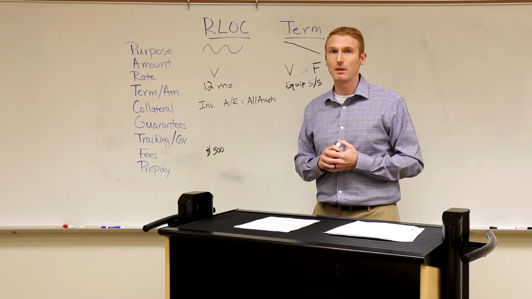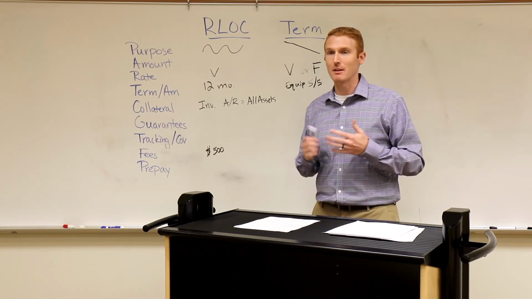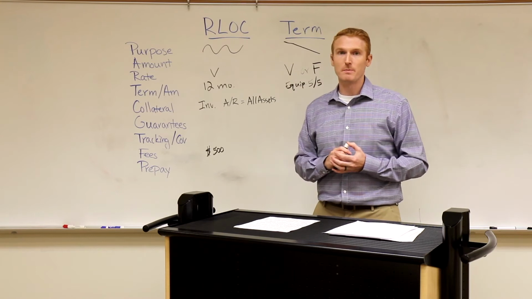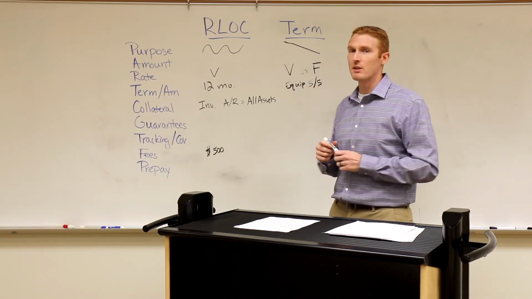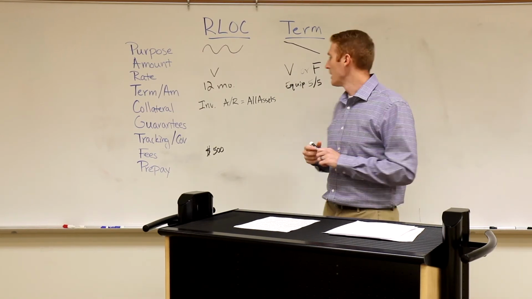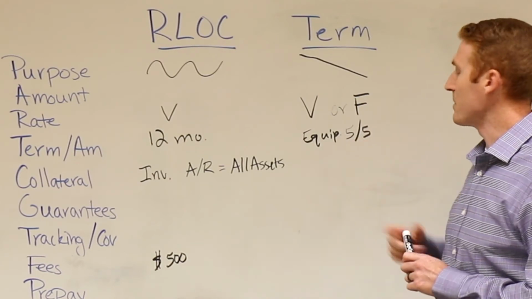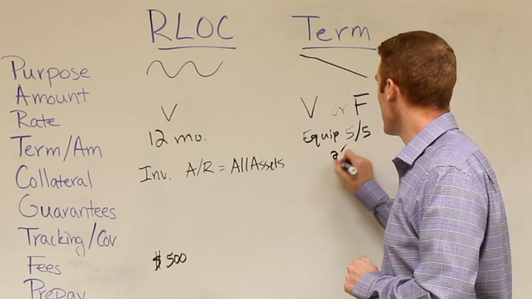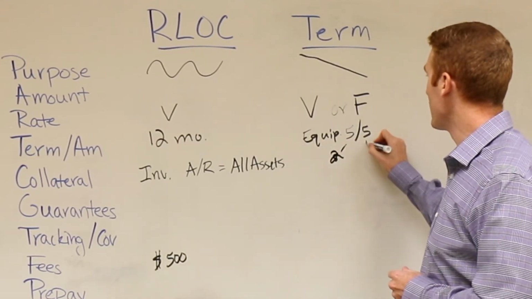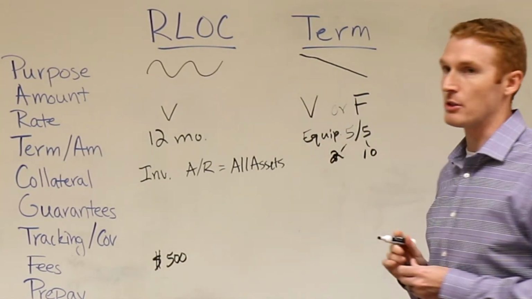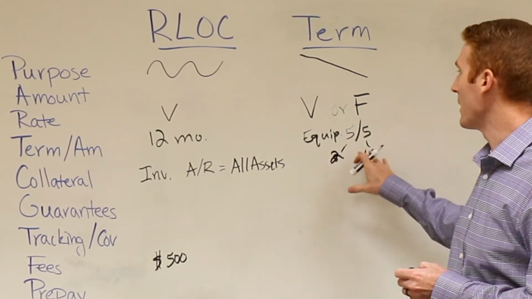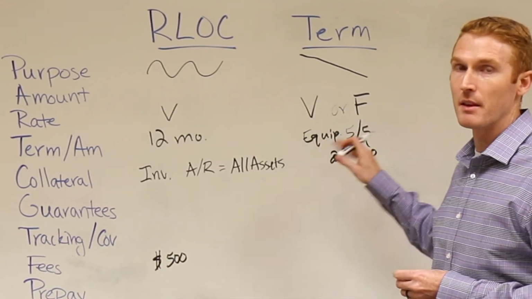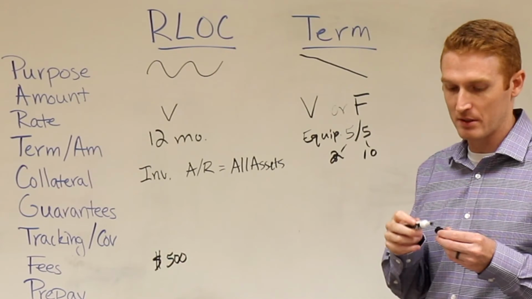However, we might still be able to use those as financing and collateral for our term loans. So it varies a lot depending on the type of equipment. Five-year term, 5-year amortization is pretty typical. This can get down to a two-year term, and it could even get up to as high as a 10-year amortization. Again, it depends on the asset type and the risk tolerance of the bank and the saleability of the